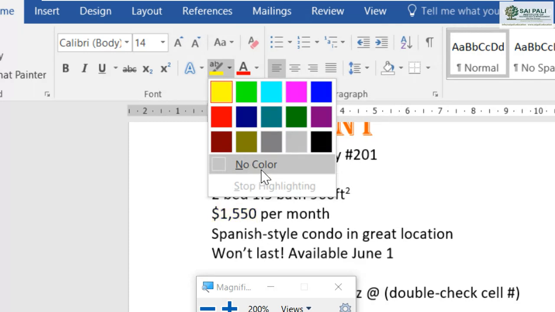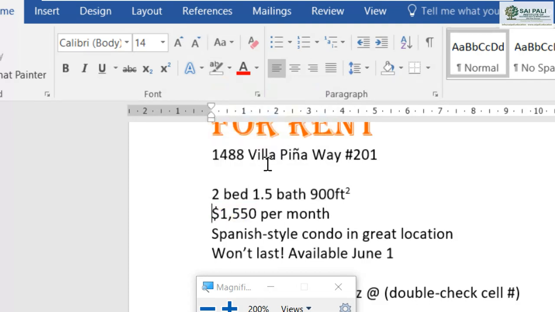So for removing the highlighting, we have the option here, no color. When I select no color, it removes the highlighted color. That is what we have seen till now.